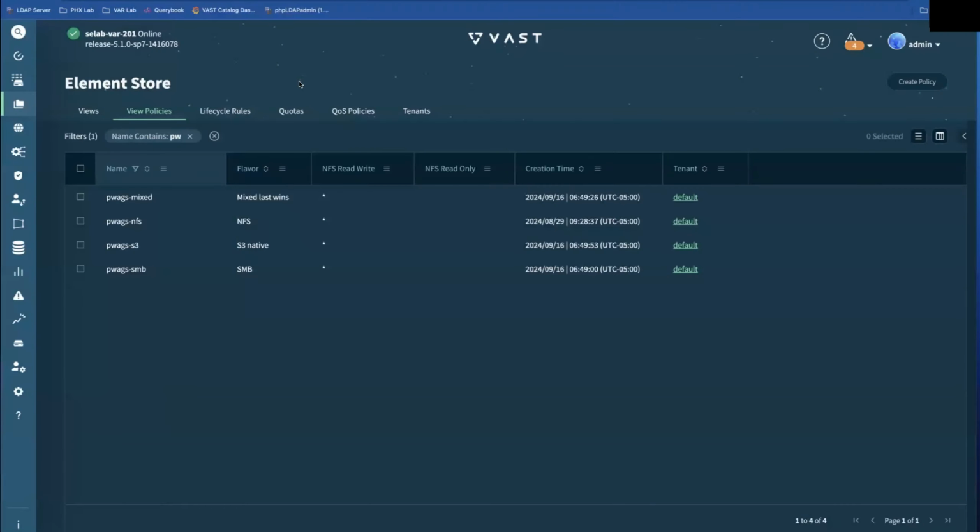In the VAST interface, we use what's referred to as VMS, or the VAST management system. There are three primary ways of interfacing with VMS. You interact with VMS either through the GUI, or through the command line, or through the API. Ultimately, everything you do within VAST, including the GUI and the command line, is utilizing the